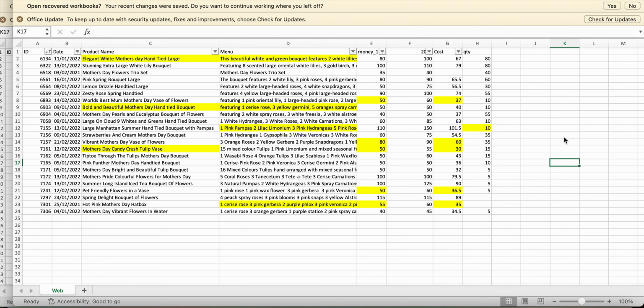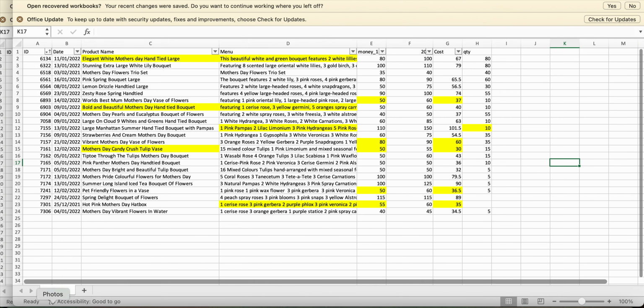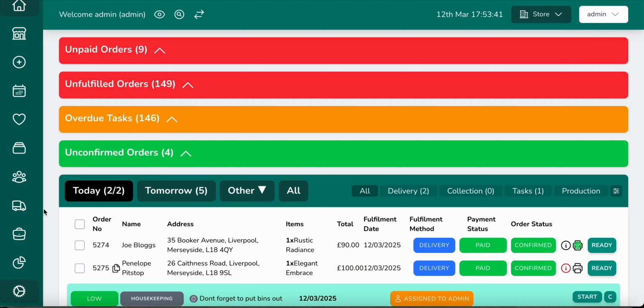So I have taken out anything that's not relevant, and I've just kept the information that I need to put on Digital Florists. So I will show you now, and these will then create a load of new products on there, all in the category of Mother's Day. So if I first of all show you what we'd have to do to get the headings,